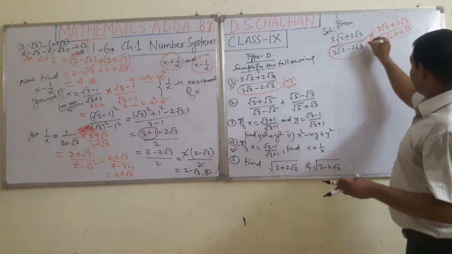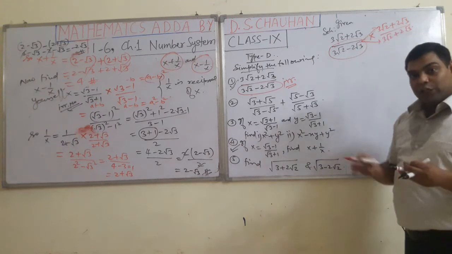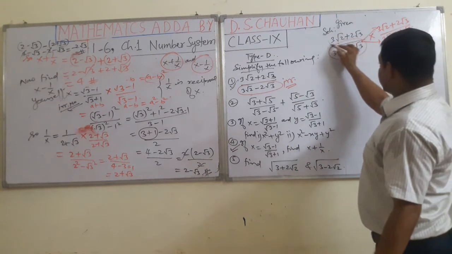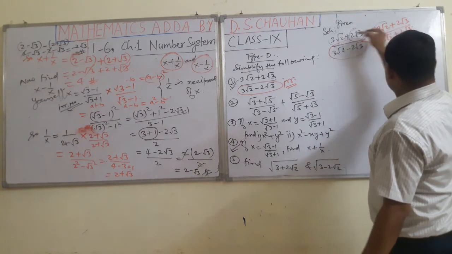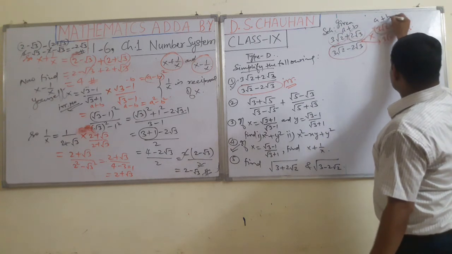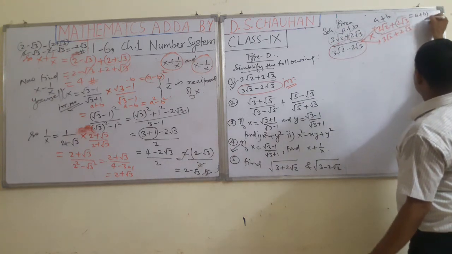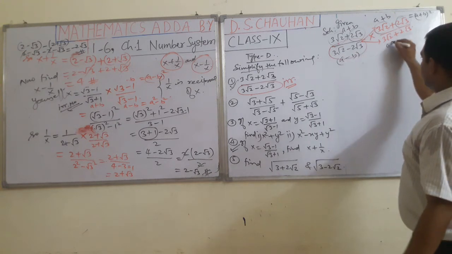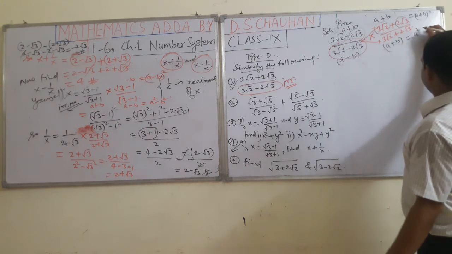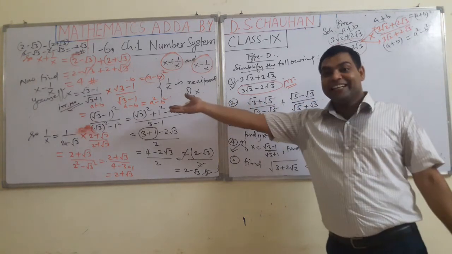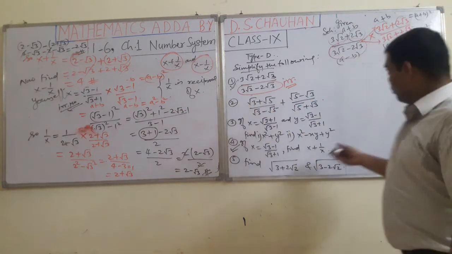This is the conjugate of this, right? So here we have multiplied. Now student, see, this is 3√2, 3√2, 2√3, 2√3. This is of the type a plus b, a plus b. So what do you have? (a + b) whole square. In the denominator, a minus b times a plus b gives a square minus b square. See how to proceed; in the same way we have to proceed.